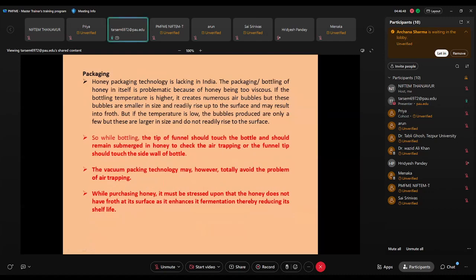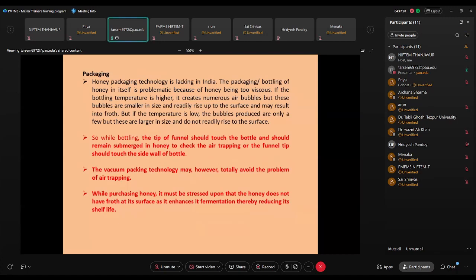Honey packaging is the main criterion for its processing, because whatever we get in the market, we get bottled honey, sometimes in plastic bottles, mostly in glass jars. There are a lot of brands available in the market, but if you go to the farmers' level, you may not find a brand, but the quality may be much better. Honey packaging technology is very old in our country, but there are newer developed technologies,